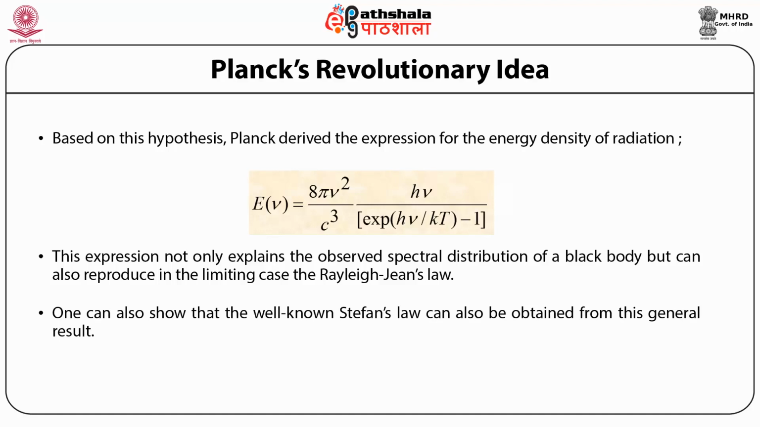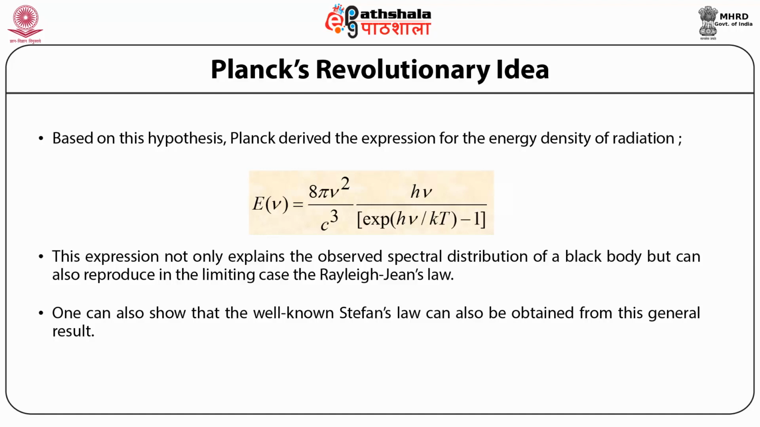One can also show that the well-known Stefan's law can also be obtained from these general results. Thus, for example, in the low frequency or long wavelength limit, we can write e to the power h nu by kT nearly equals 1 plus h nu by kT. Substituting this in the above expression, Planck's result reduces to the Rayleigh-Jeans expression. Also, the total radiation density arising from all frequencies can be obtained by integrating Planck's energy distribution, that is E